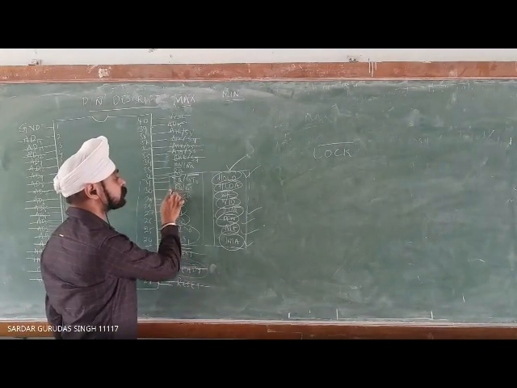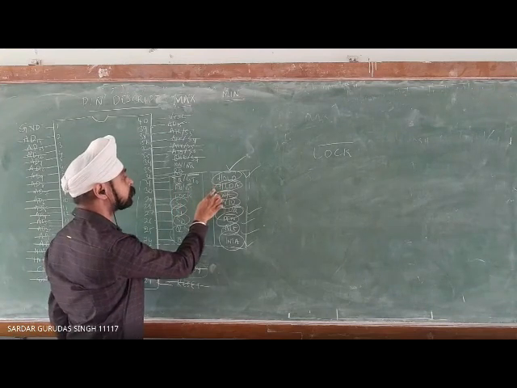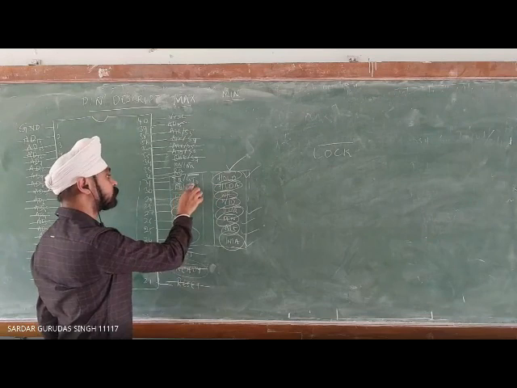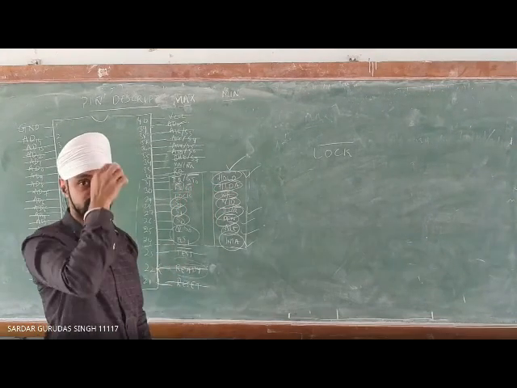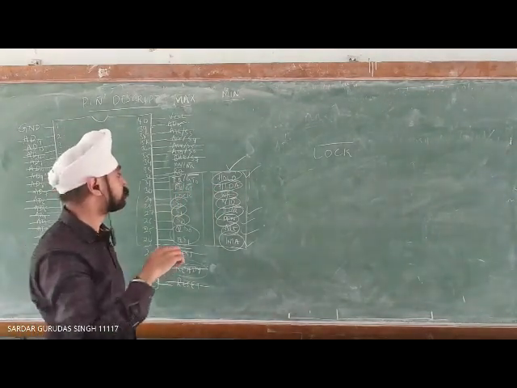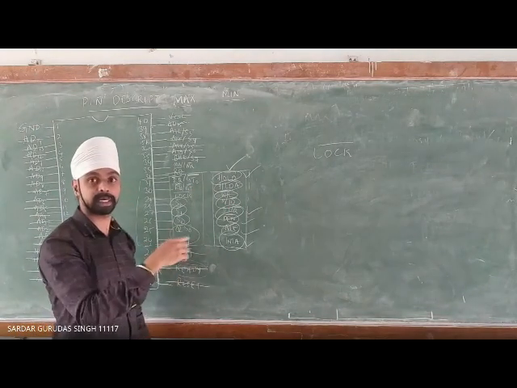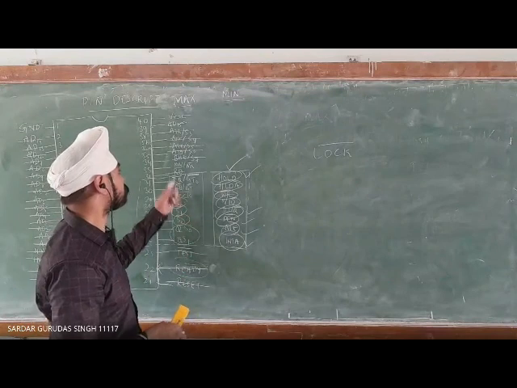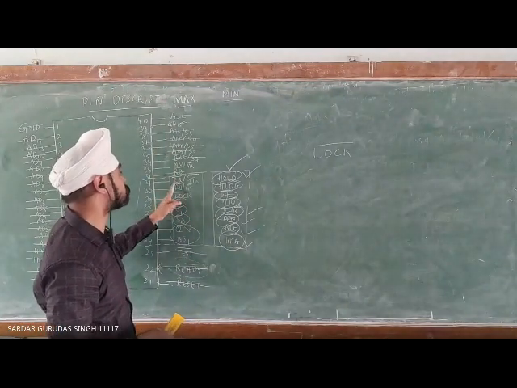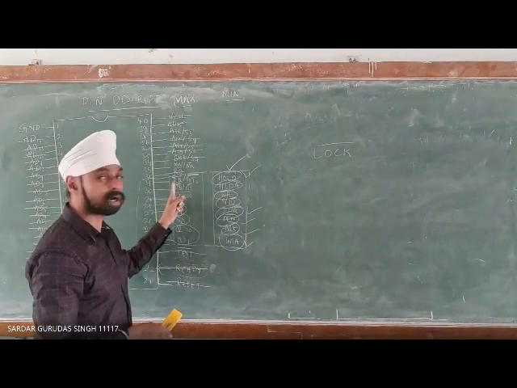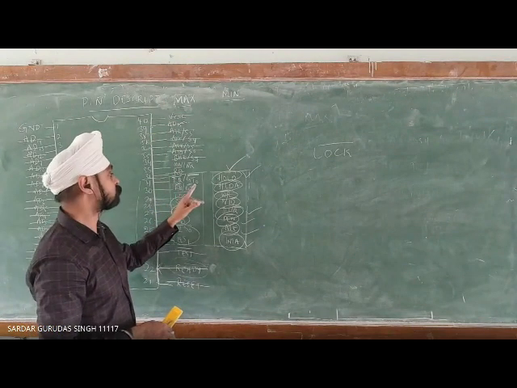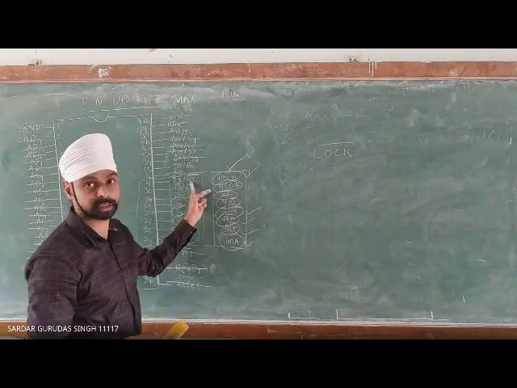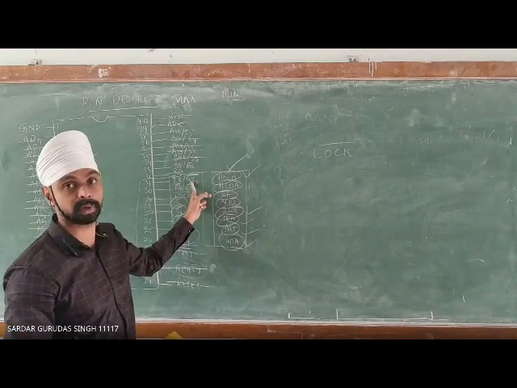Request and grant signals are both like the HOLD and HLDA signals. Request in the sense HOLD, grant in the sense acknowledge. Okay. If any peripheral wants to access the system bus in the maximum mode configuration, it will send a signal RQ. Okay, if the processor is willing to give the system bus, then it will send a signal GT, that is nothing but the grant signal, to that particular peripheral.